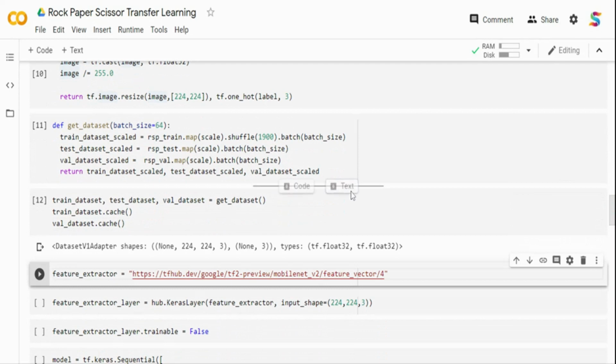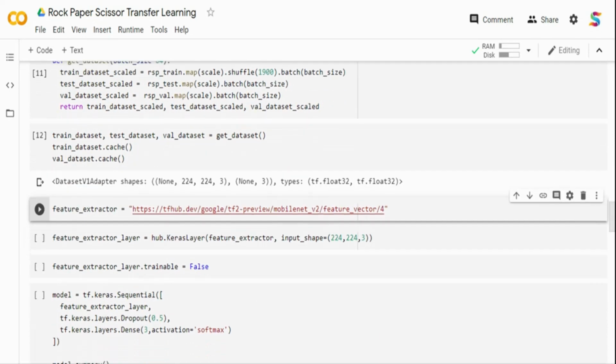Next, I'm going to TF-Hub. As I said, TF-Hub is a repository of pre-trained models. We can just directly take it from TF-Hub and run it within TensorFlow. In MobileNet, I'm taking version 4, which is the latest version, and it will give me a feature vector, which I can further fine tune, or just use the last layer, attach a final layer to it, and train it for my particular problem.